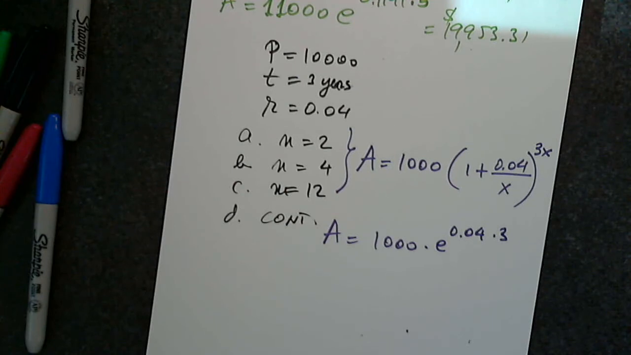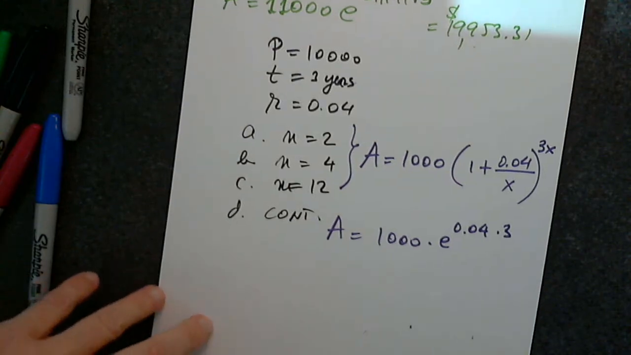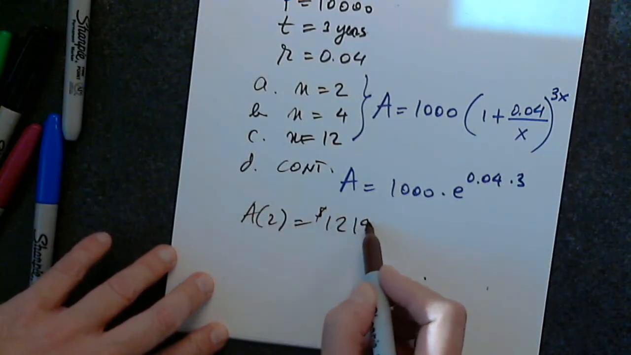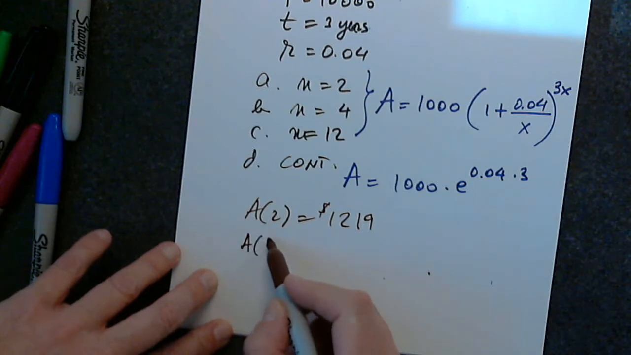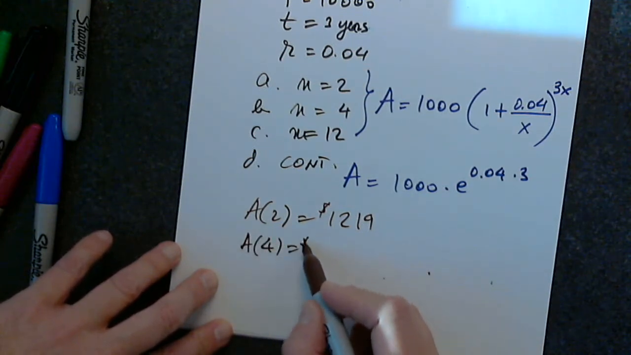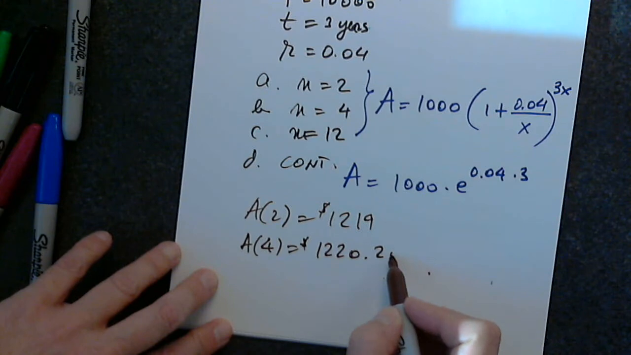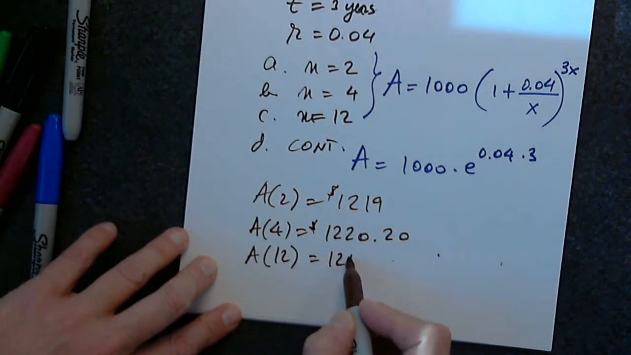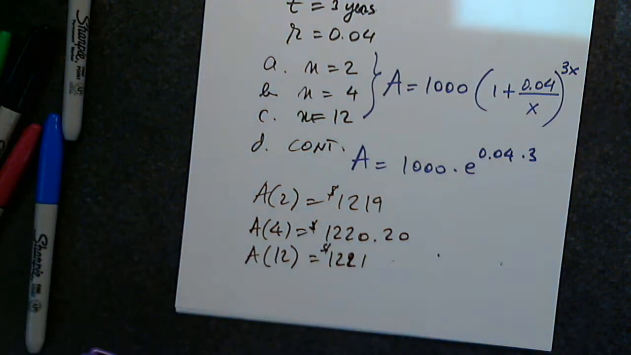So 1,219, so A of 2, 1,219. A of 4, 1,220.20. A of 12, 1,221. And now for continuous, I would use 1,000 times e raised to, in parentheses,